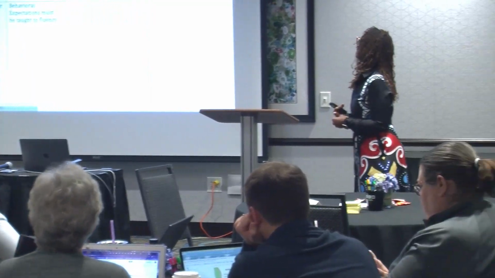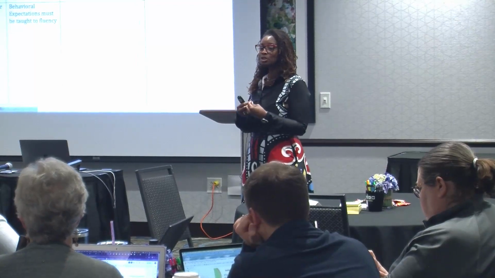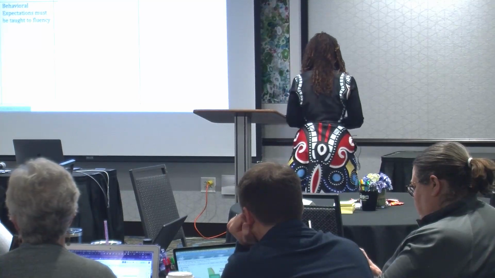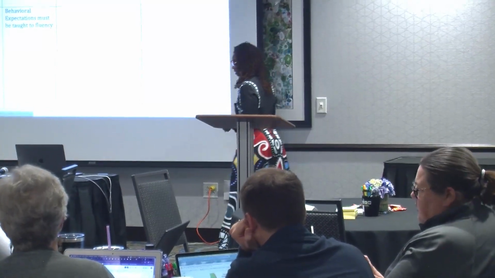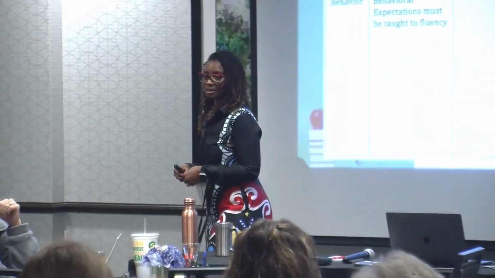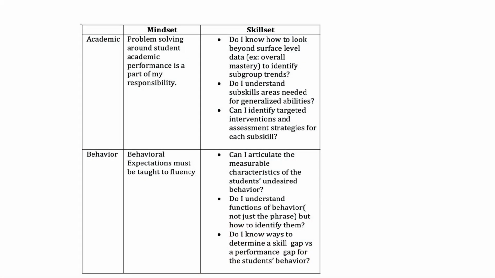Jump to behavior then. If you want somebody to have a skill that demonstrates their value of teaching behavior to fluency, what would they need? What skills? What would they need to know about behavior? Are they modeling the expectations? Are they clearly defining the expectations to be able to model them? Reteaching. Being consistent. You guys are getting it.